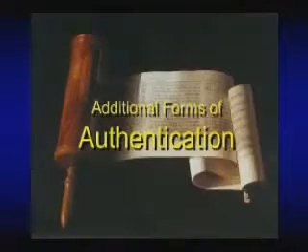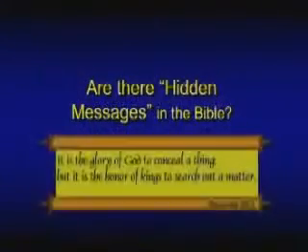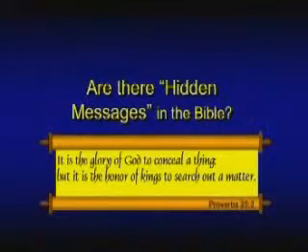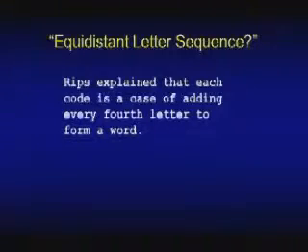That's our epistemological approach. There are some additional forms of authentication I'll share with you very quickly that you might find provocative. There are hidden codes in the Bible. It says so. It's the glory of God to conceal a thing. It's the duty or honor of kings to search out a matter. A rabbi in the 16th century pointed out the secrets of the Torah, the books of Moses, are revealed in the skipping of letters. There's the thing called the equidistant letter sequence. You can take a message